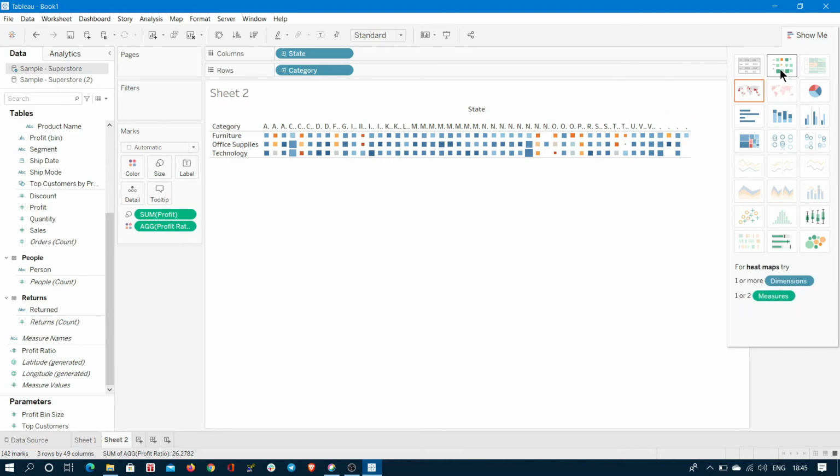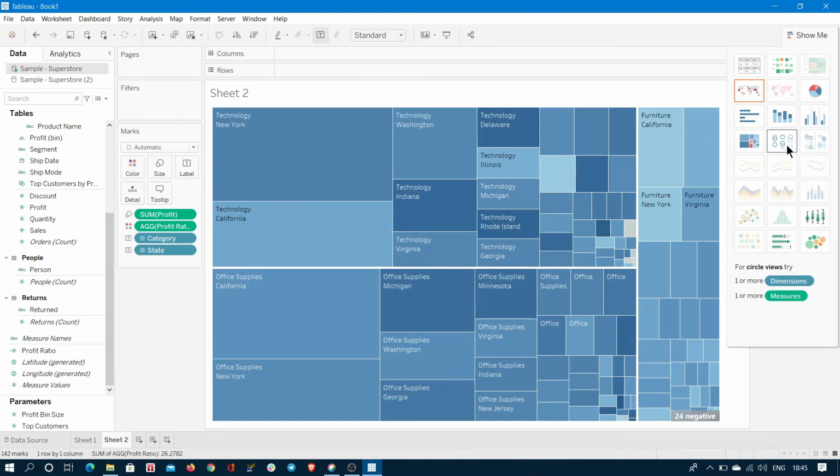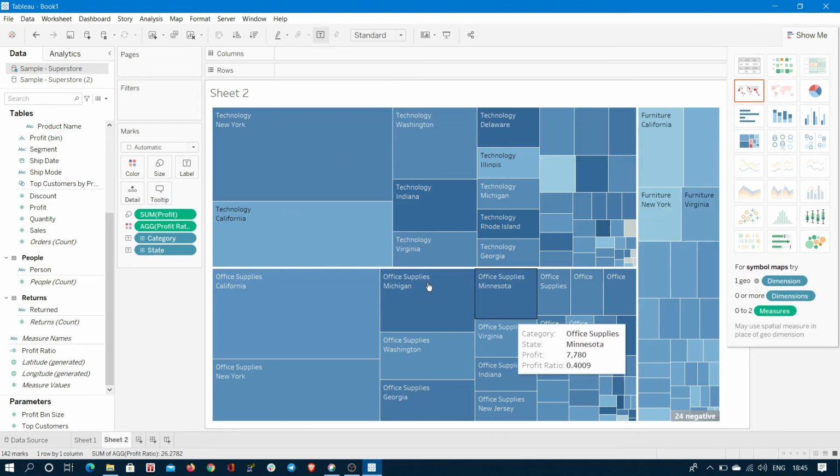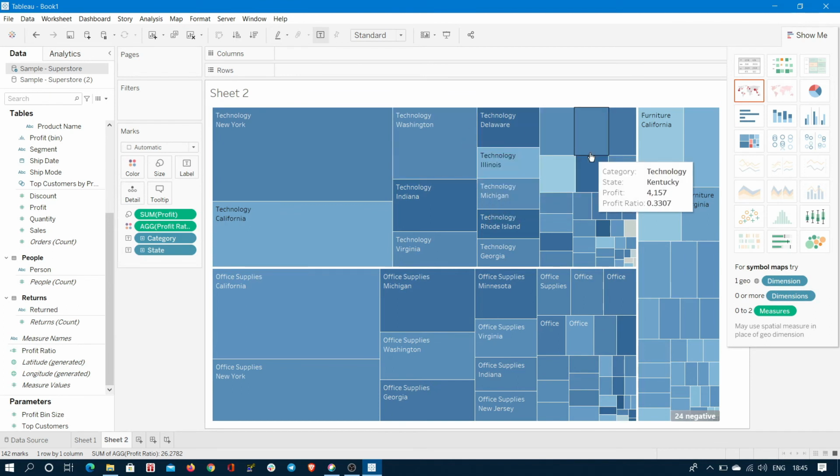If you observe, with respect to this heat map, a few more charts are also highlighted. For example, this tree map. Click on this tree map. Yes, it's creating. It's ready because, based on the requirements of the heat map and also the tree map, a few things are common: one or more dimensions and one or two measures are the same requirements for this tree map and this heat map. So whenever you are using the same kind of representation, the related charts will also be highlighted in the Show Me tab. Then you need to verify so that you can create a better graph.